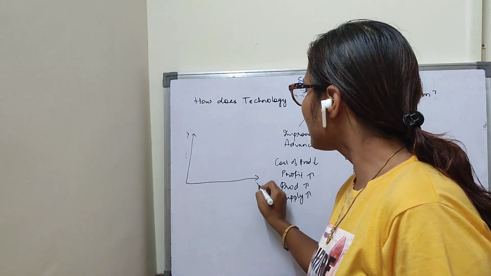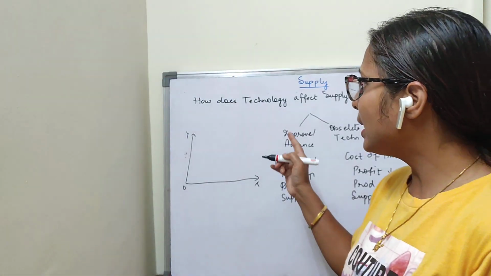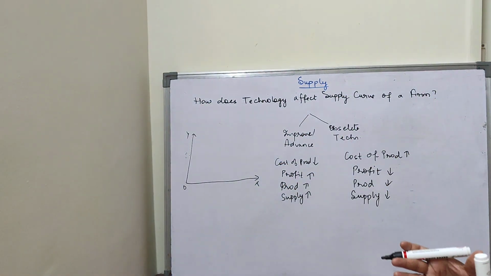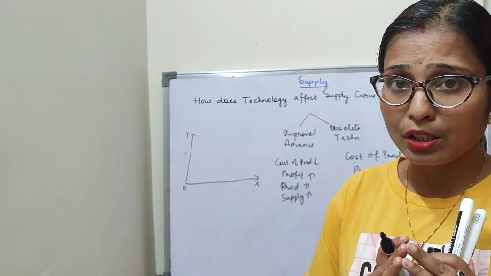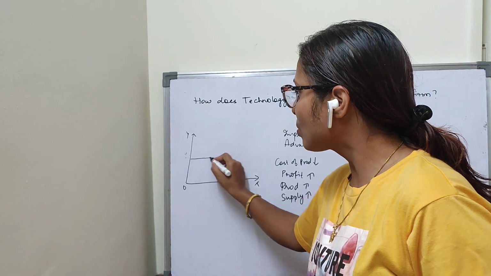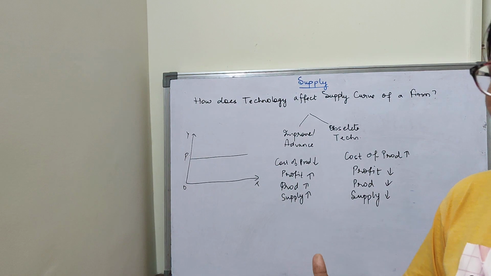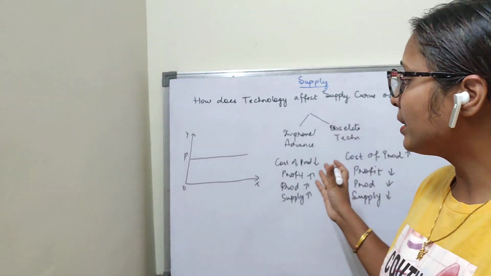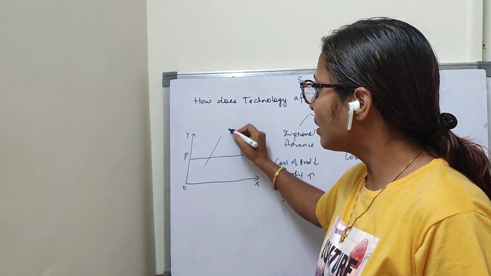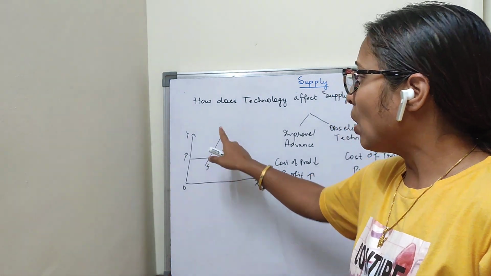This is the y-axis, x-axis, origin. Clear? Here we are taking the effect of technology on the supply curve. We know that technology comes in the other factors. There is no change in the own price of the commodity, so my price remains constant. My supply is changing due to the other factors. Price remains constant here. Now this is my initial supply curve, that is moving from down to up.